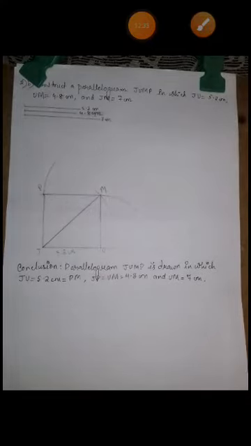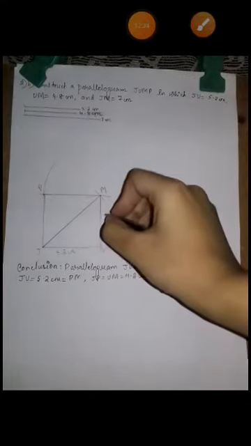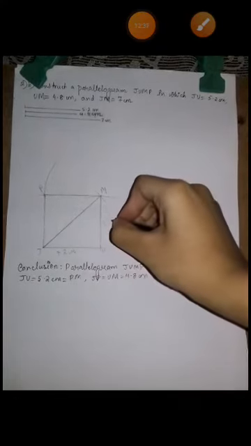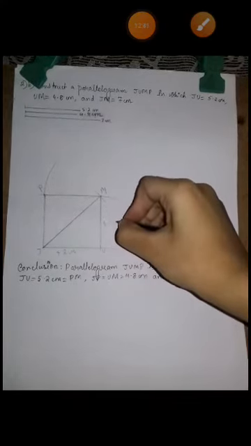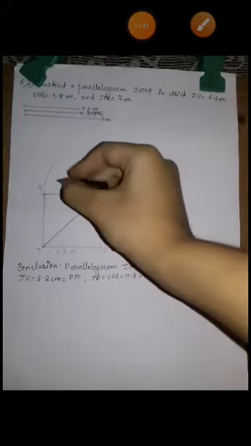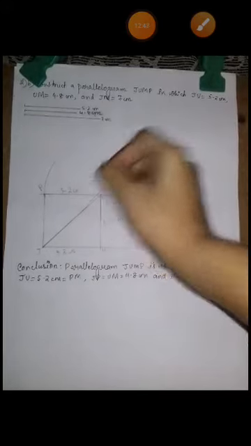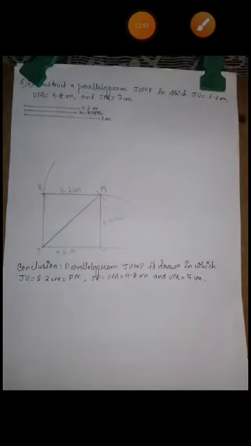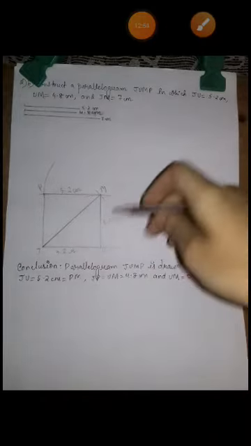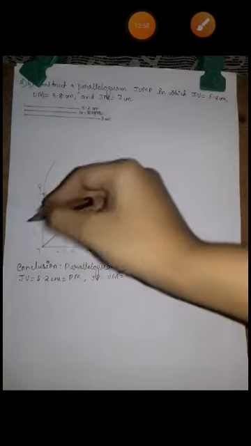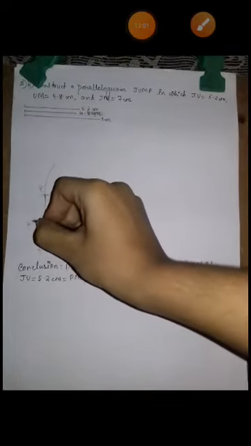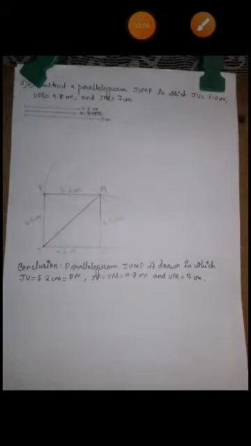Alright children, so now write all the measurements. So MU was MU or UM, whatever it is, both are same. This will be 4.8 centimeter. Then you have MP, which is 5.2 centimeter. Why will it be 5.2? Because we are drawing a parallelogram here, so opposite sides will be of equal length. And MU is 4.8 centimeter, so JP will also be 4.8 centimeter. So children, finally we have got the parallelogram JUMP.